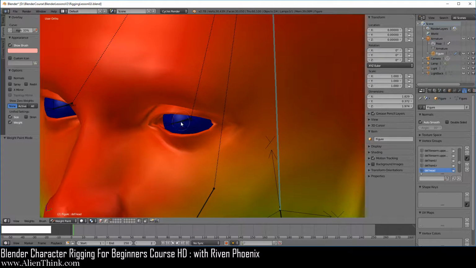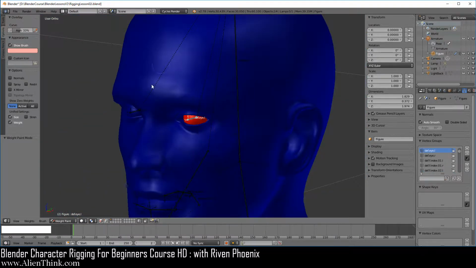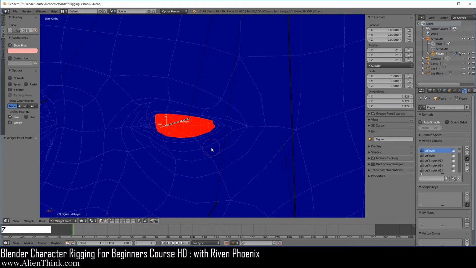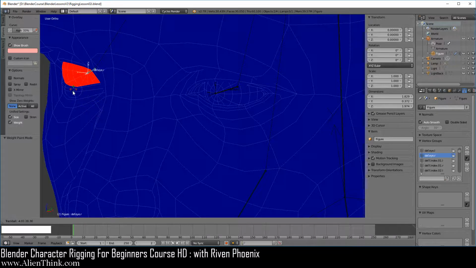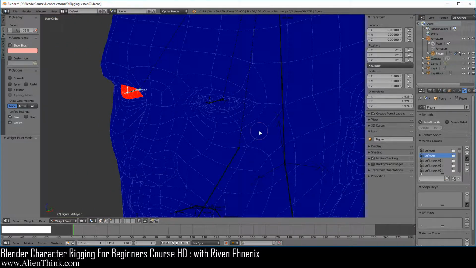Now when we click on the eye, you'll notice that only the eye gets selected. Now you can press the Z key to go into wireframe, press the R key 2 times, you'll notice that only the eye is moving. Again, as I've said, you could have also separated the eye object and just made it a child of the eye bone and make sure that the eye bone is not marked as a deform bone, right? So over here, if we click on this one, press the R key 2 times, it does the same thing. So you'll notice that everything is now corrected.